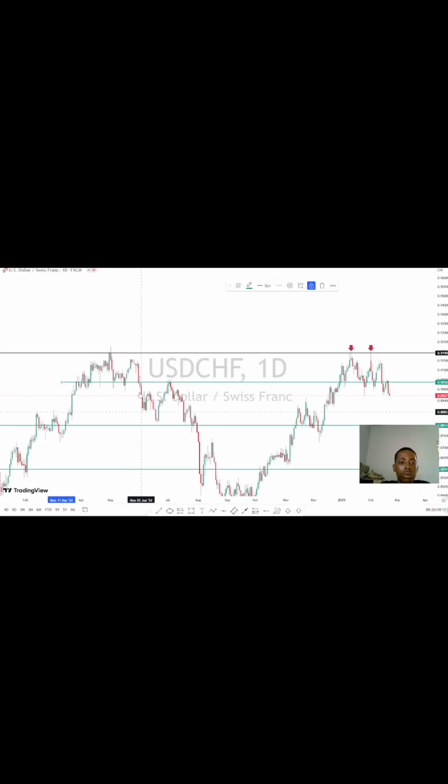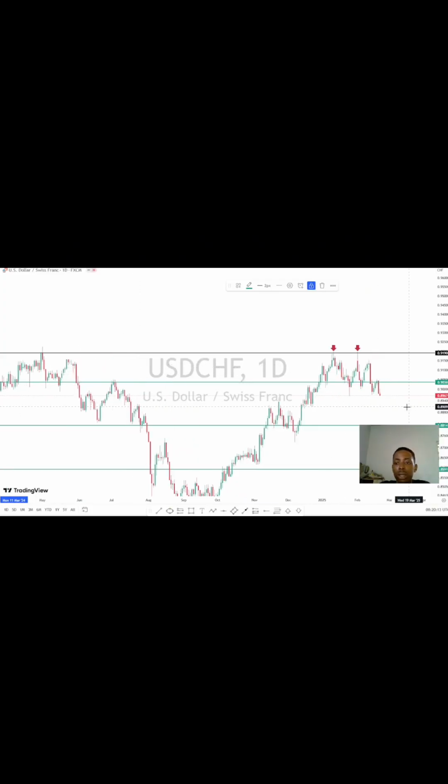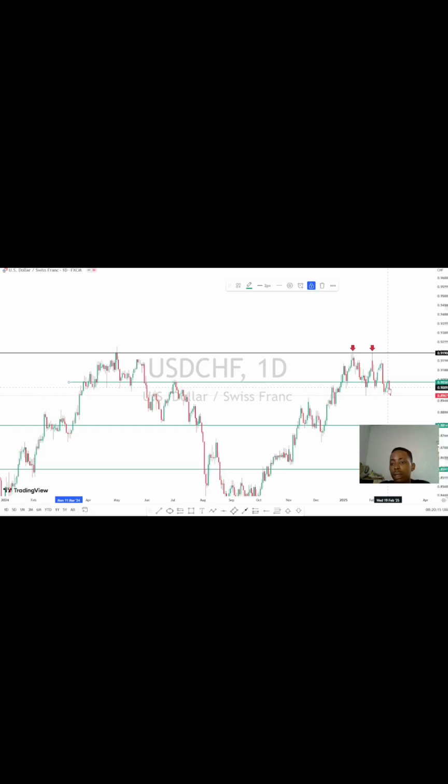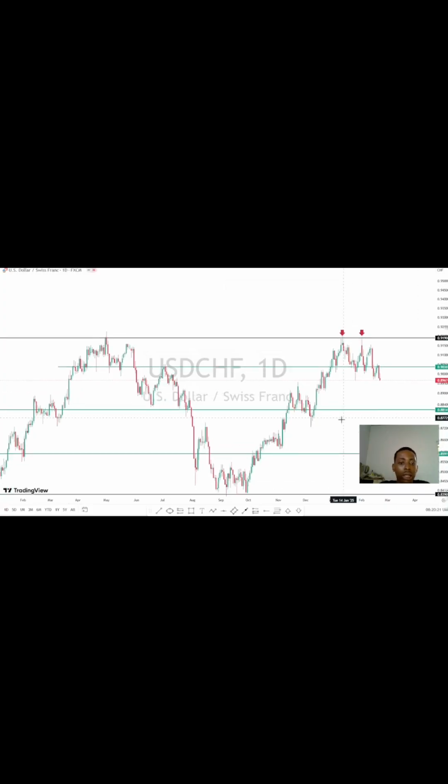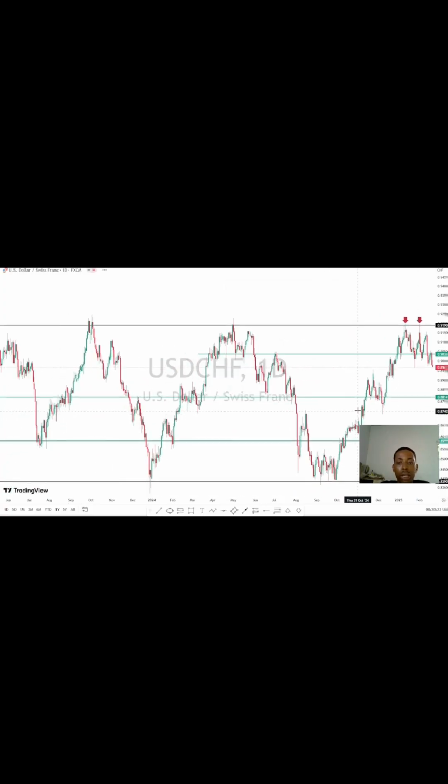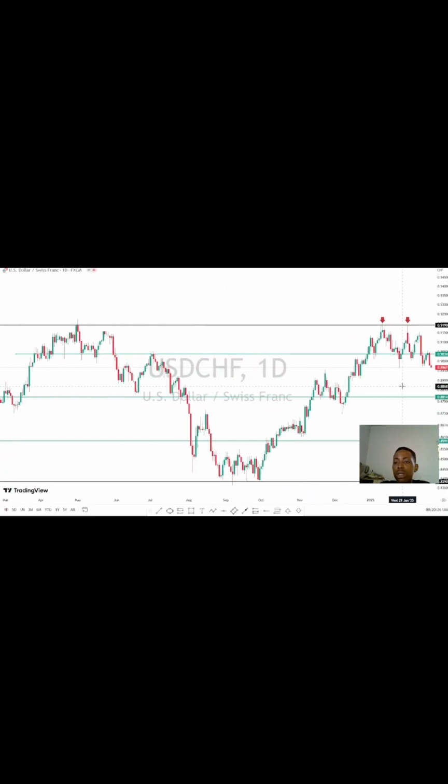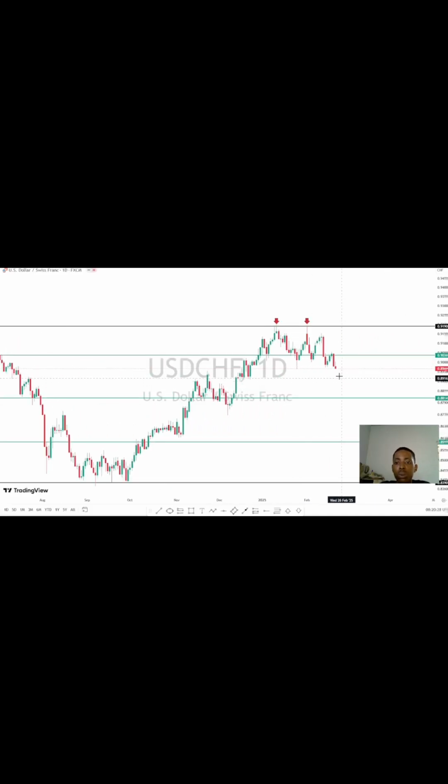I think this was the level that brought it down. But as you can see, this market has gone to retest bearish, 2 daily bearish engulfed candles, giving us a signal that in the upcoming week,